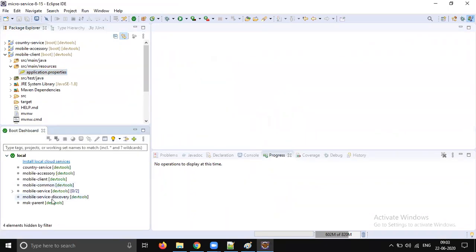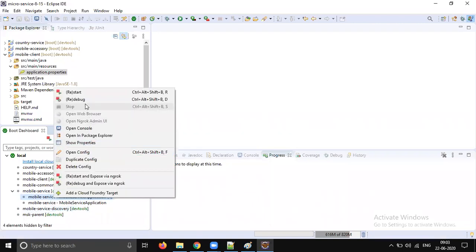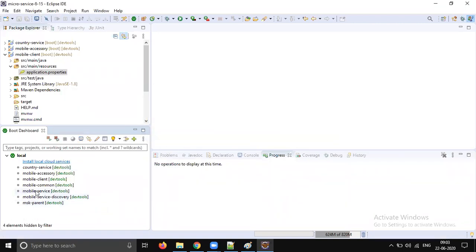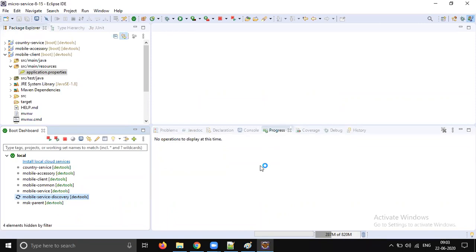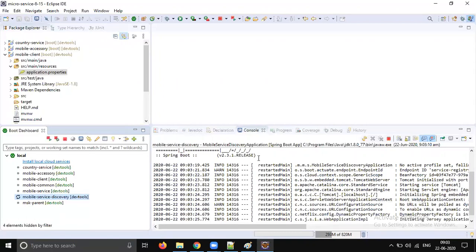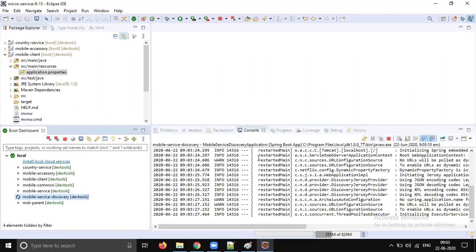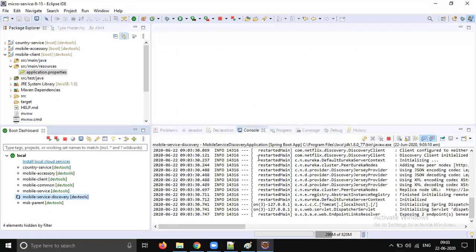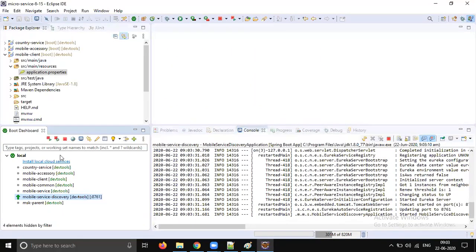let's start the service registry. Anyway, let's remove this for now. Okay, let's create only one instance. So let's start the service discovery. First, we need to start the service discovery. Okay, now let's start the core services, right? All three core services.